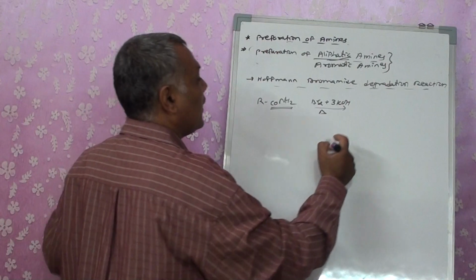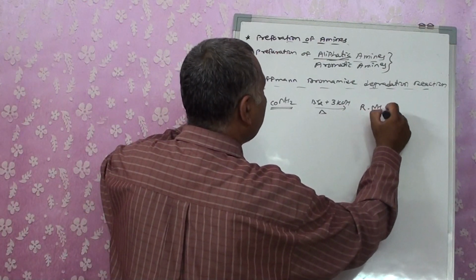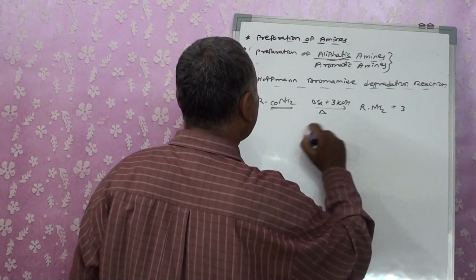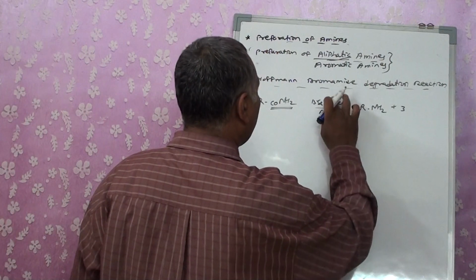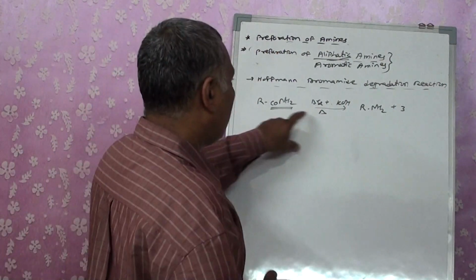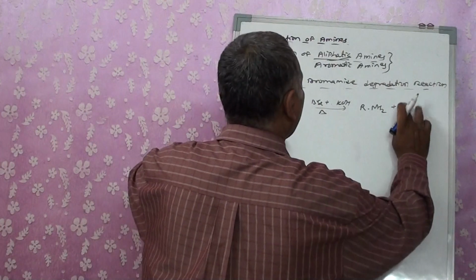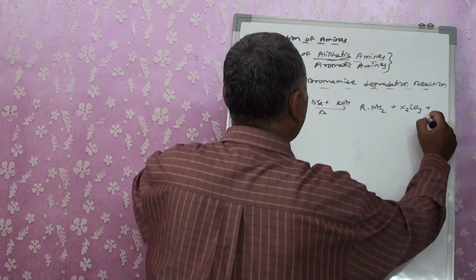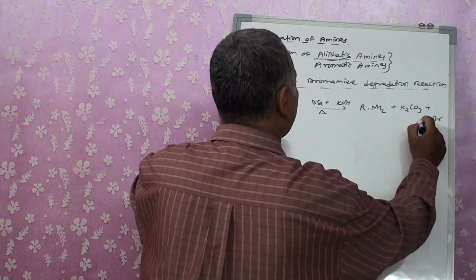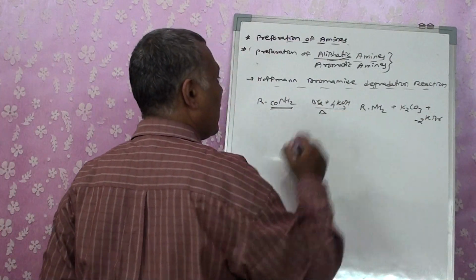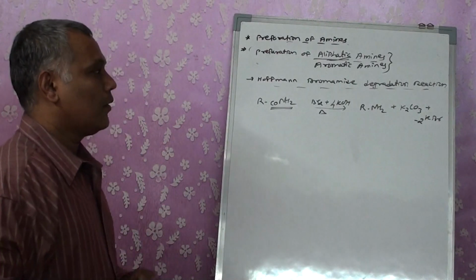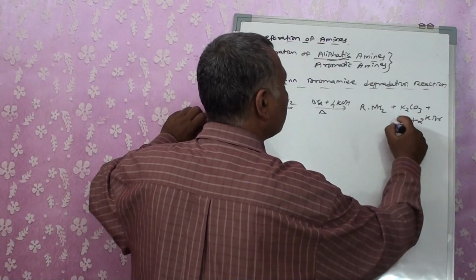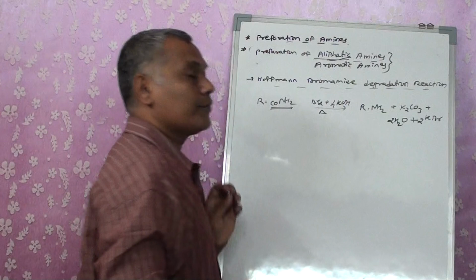On heating, it gets converted into RNH2. This CO group is going to be removed as K2CO3 plus 2 KBr. We will have 4 KOH. So that component will be removed as 2 KBr plus 2H2O. Right?